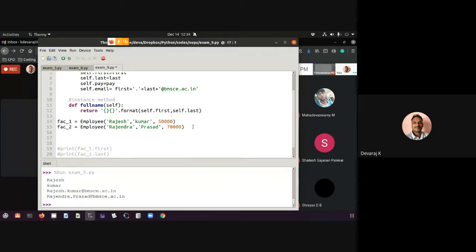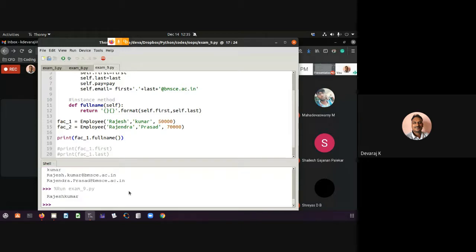Print, let me call this as employee dot full name. Let me call that as faculty 1 dot full name. Let me close this. Now if I try to run this code,